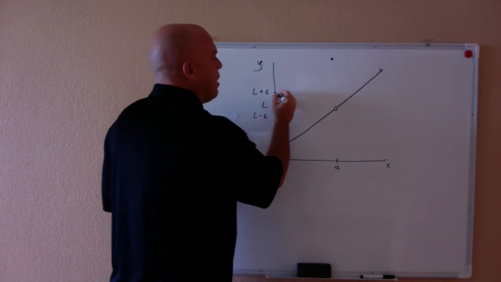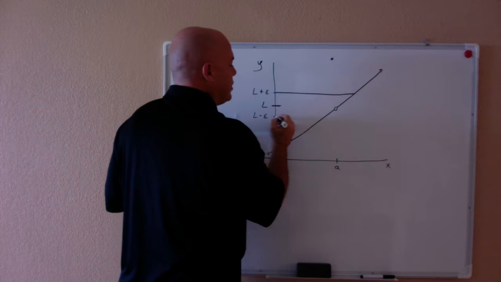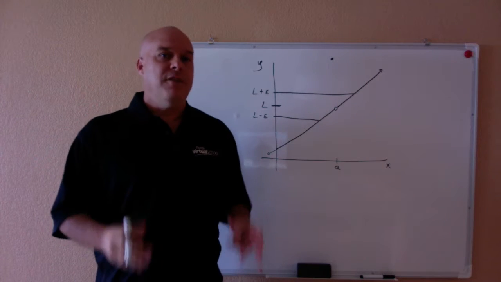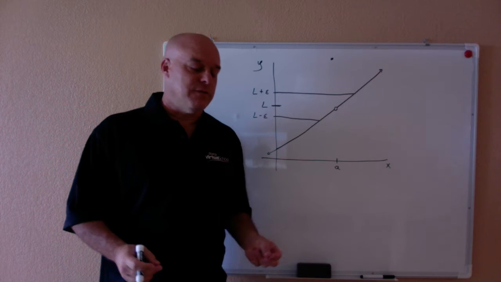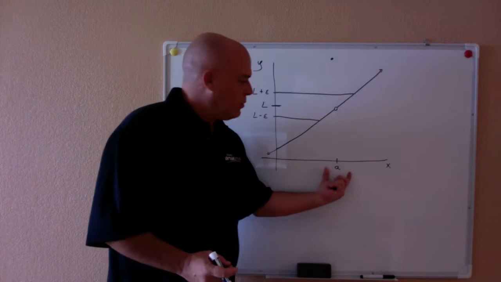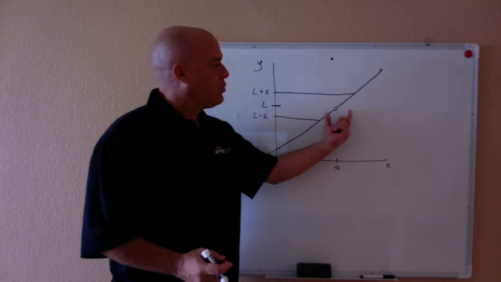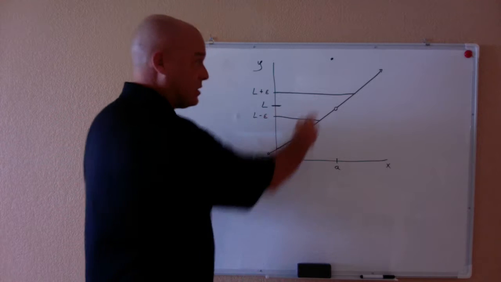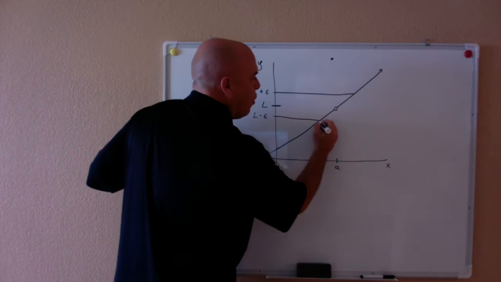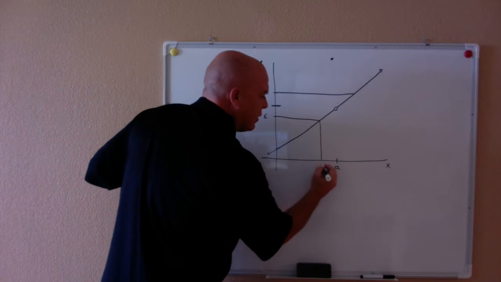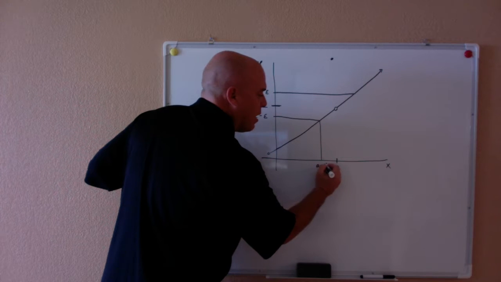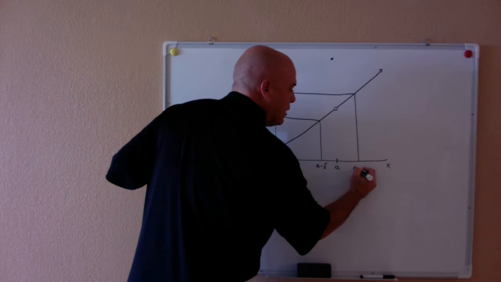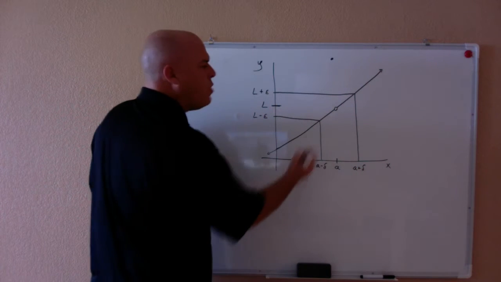And if I draw in my lines here, what the limit definition is telling us is that there should be some kind of delta value. There should be some delta value that I can use to be on either side of the a that will make sure that the function stays within this function value. So if I drop this down here, I say, okay, that's going to be my a value minus delta, and I drop this down here, and this is my a value plus delta. Notice that